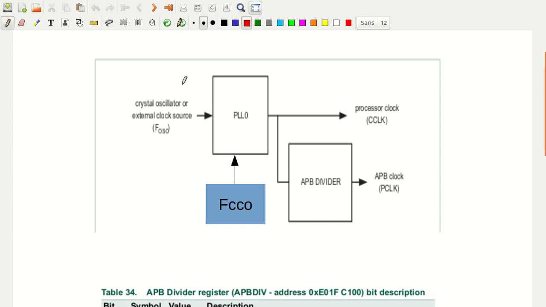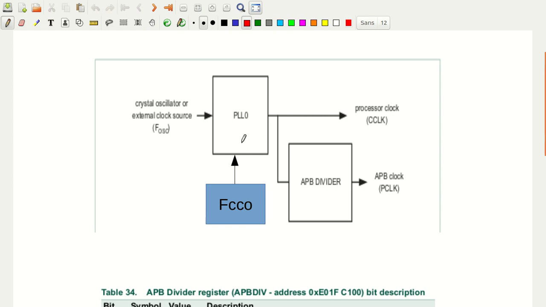Yeah, so in this video we shall look into how we are going to use the PLL to select the desired clock frequency. So basically we are going to see one of the applications of the PLL, the frequency multiplier. Here we are going to see how to use the PLL as a frequency multiplier, so that the output clock frequency that we get is a multiplication of the input clock frequency. And we are not going to look into the details of the working of the PLL.